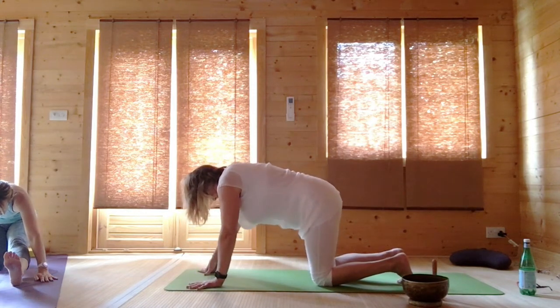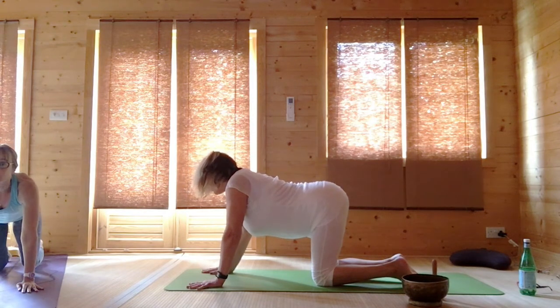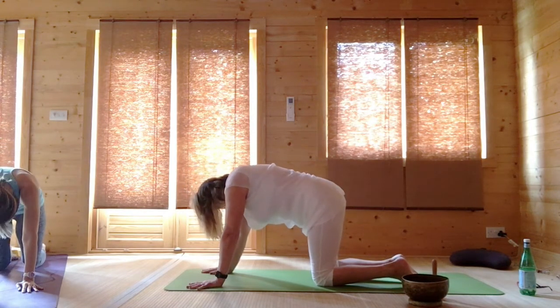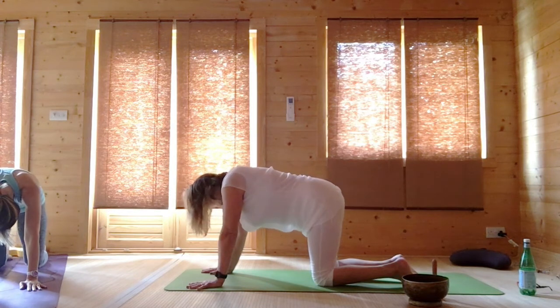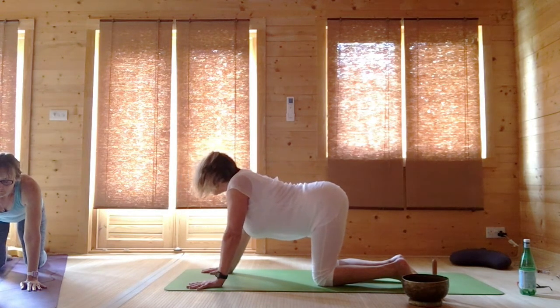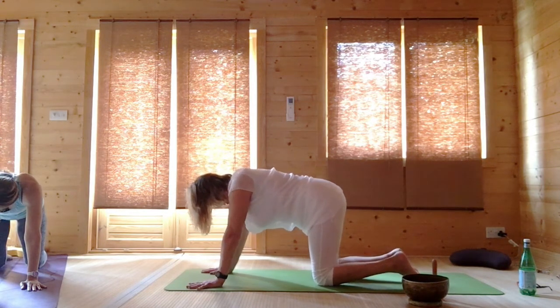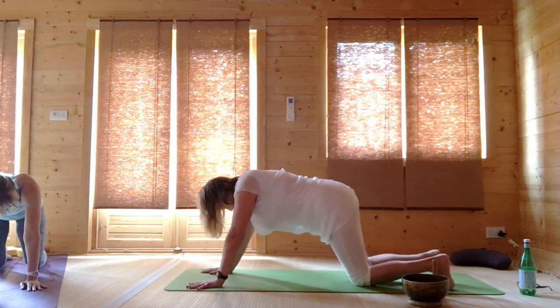Adjust. Dip your back. Round your back. Dip your back. Bring your back to neutral. You can carry on doing that, or otherwise tuck your toes, maybe move your knees back, coming into a straight